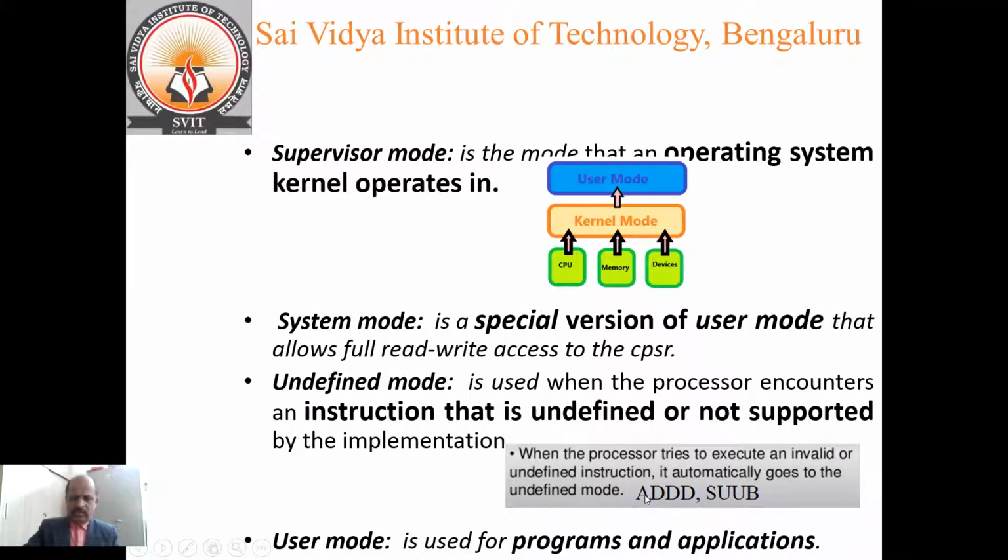For addition only ADD is there, and for subtraction only SUB is there, but here A is followed by 3 Ds and S followed by 2 Us. So by mistake, if you enter triple D, or double U in the case of SUB, it drives the processor to the mode called undefined mode. User mode is used for programs and